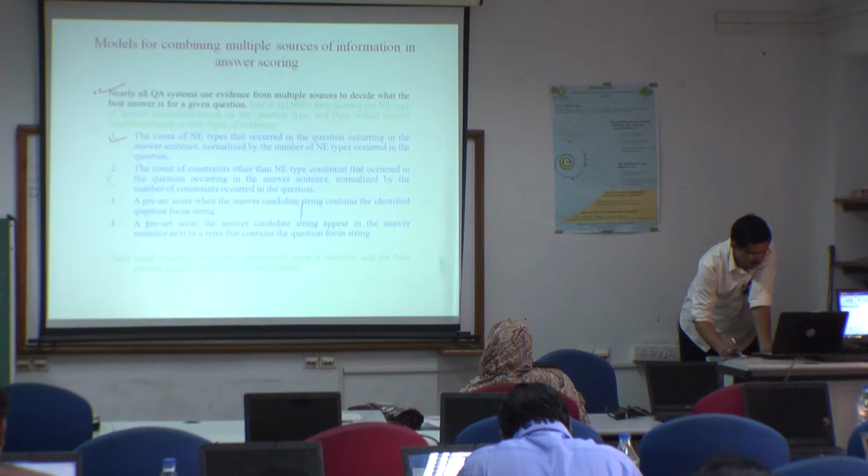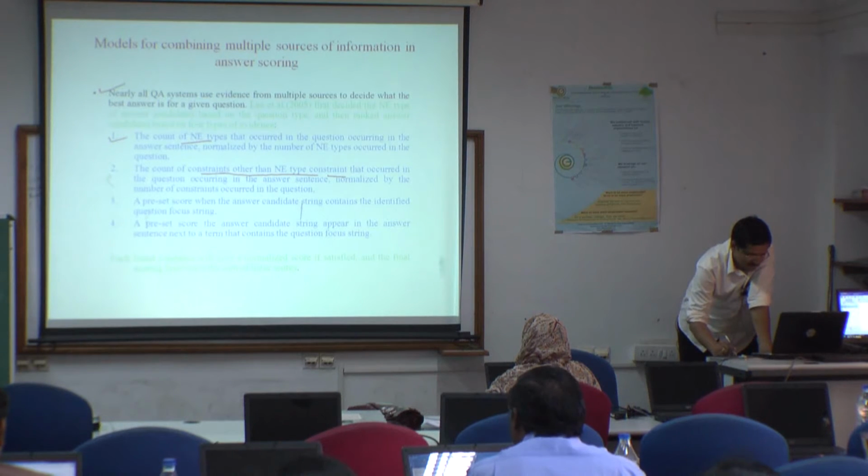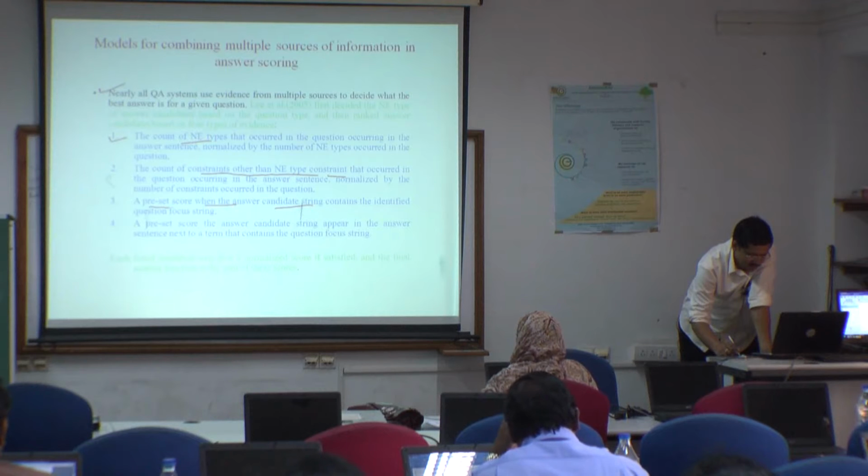The basic evidence they use is the count of named entity types that occurred in the question, the count of constraints other than named entity type that occurred in the question and occur in the answer sentence, plus a preset score when the answer candidate string contains the identified question focus string, and some preset score when the answer candidate string appears in the answer sentence.